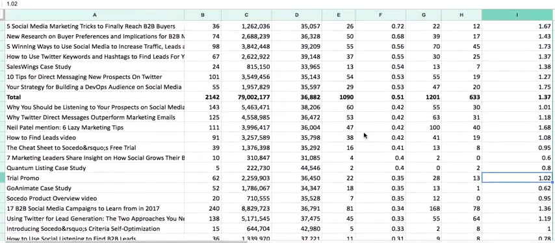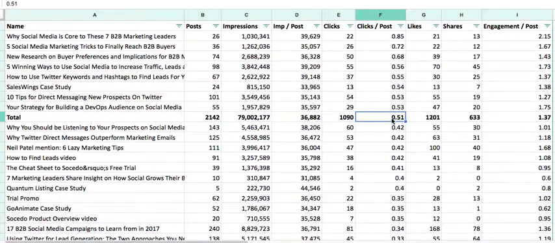Overall, though, we are making progress. Just a week ago, this was closer to 0.4, so now our clicks per post are coming up to 0.5. Kind of industry standards, I really want to be closer to about 1 click per post in the B2B space, right? B2B SaaS. Again, it's super saturated on social, not quite as engaging. Our audience isn't retweeting us as much, isn't clicking as much. So we're not going to see it go much higher than 1 click per post, but we're trending in the